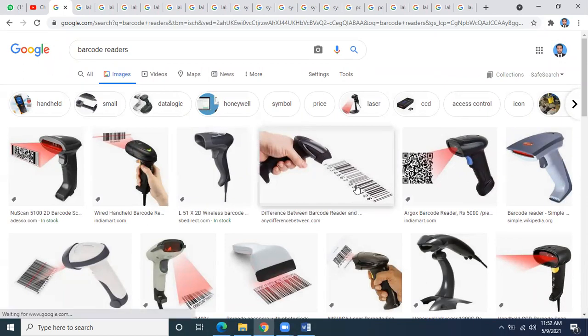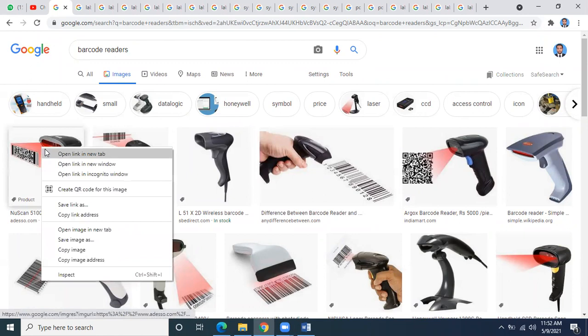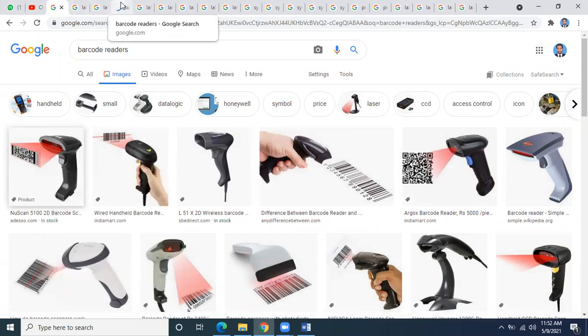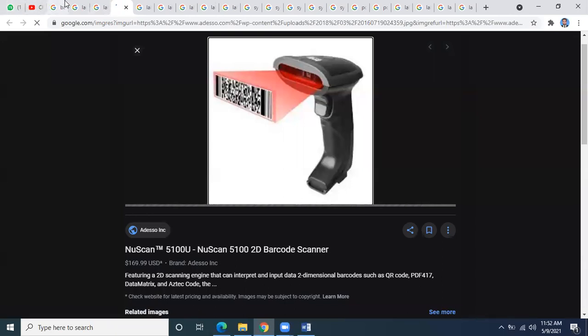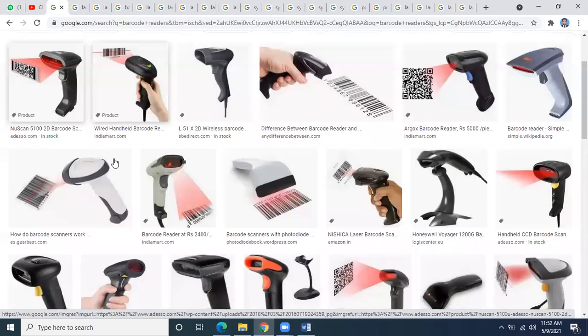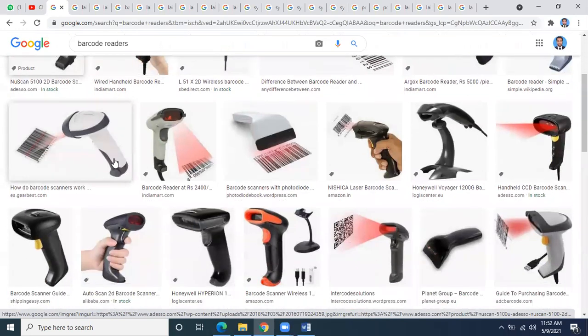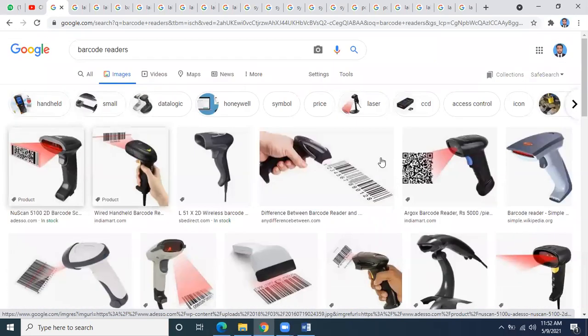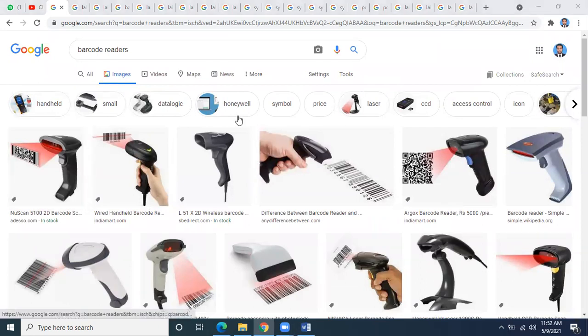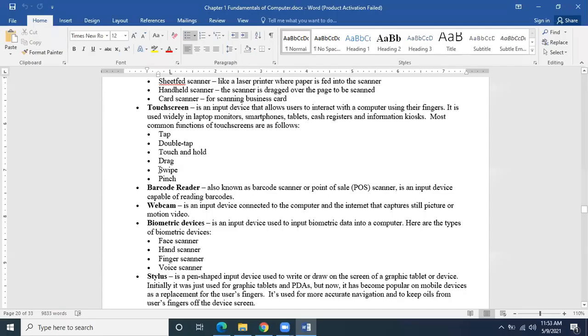It is used to read the product barcode, and of course it is connected with the computer system which contains the database where the details of the product are stored. The details of the product will be found from the database, and that information will come: the name of the product, the price of the product, and the discount given on it. All this information will be extracted from the database according to the figures mentioned inside it. And you will see that when you get the receipt, all the prices are mentioned with the names. So this is basically the mechanism.